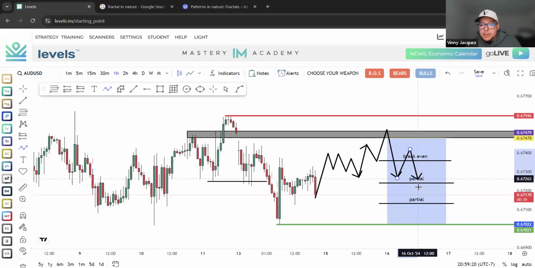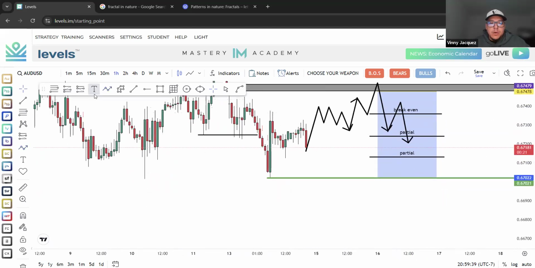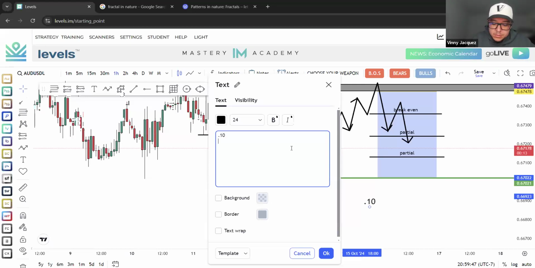Now, if the market hits my partial zone, let's just say, boom, I'm up $100 right now. What I'm going to do is close out half. Just as an example right now, guys, let's say I'm up $100 and I'm going to close out half. I was using a 0.10 lot size, and I'm going to close out half, and that'll leave me